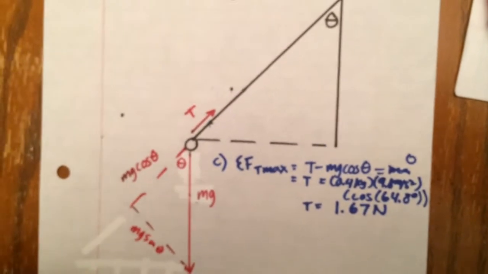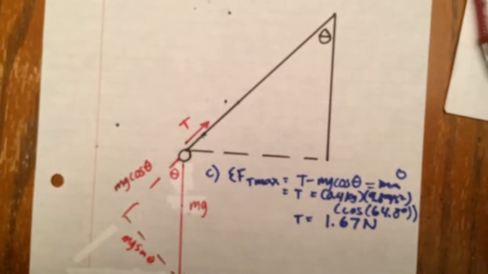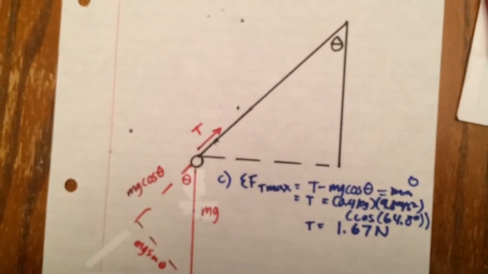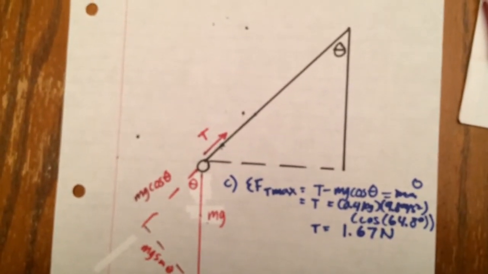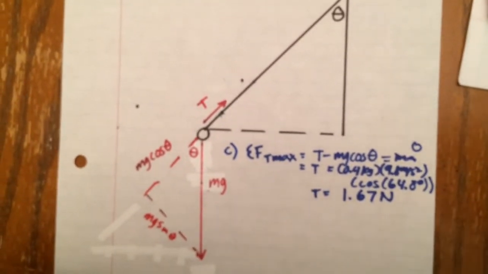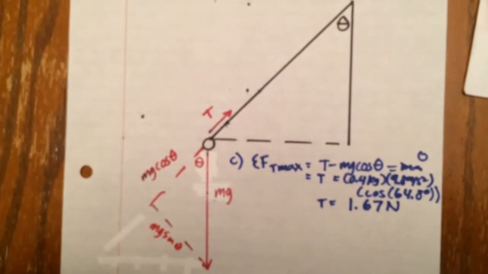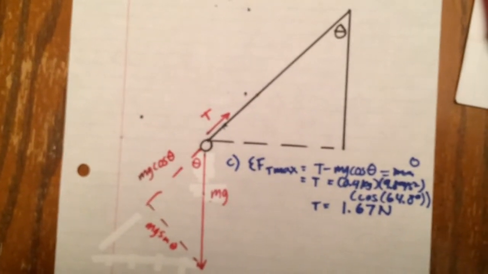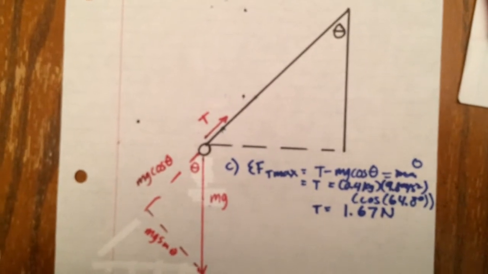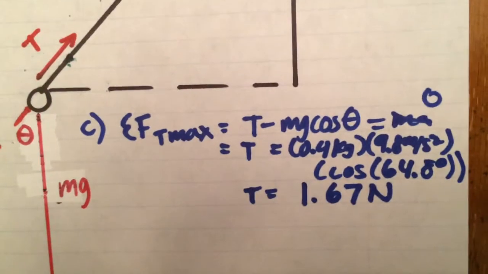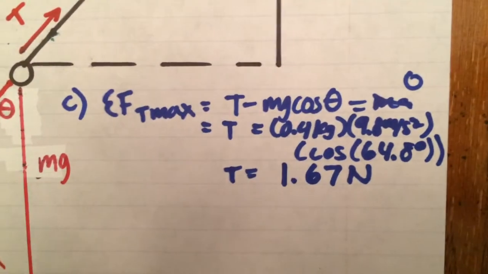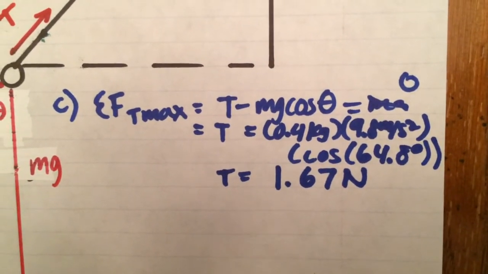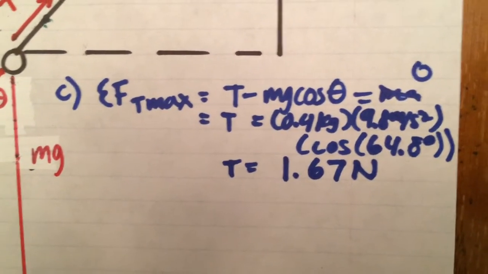The two theta values are the same, so we can use the value that we solved for in part B. Again, mg is the hypotenuse, so we can appropriately label the other two sides and then begin to solve. Saying the sum of the forces when it's at maximum, solving for the tension in the string at that point,